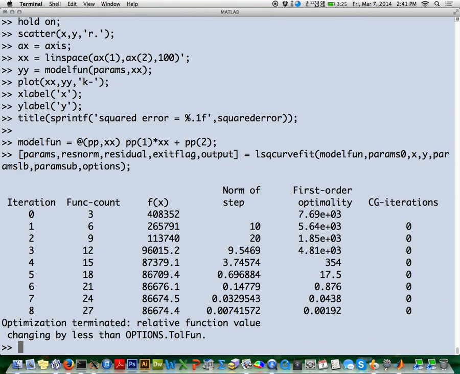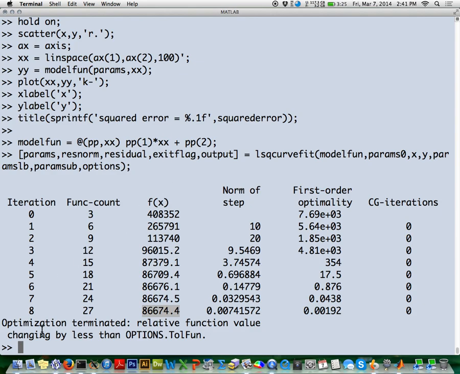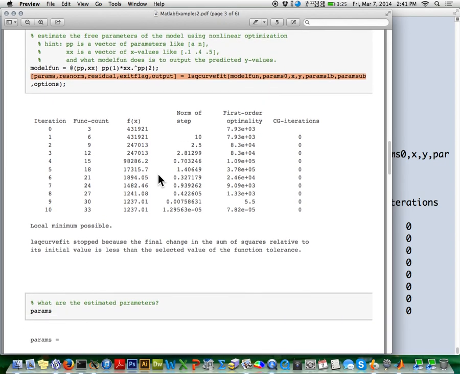Okay, it worked. So everything was the same except I changed that function. In this case, it's a linear model. And notice the squared error was 86,000, which was much higher than the nonlinear model. And in fact, if copy and paste wasn't so difficult, I could easily show you